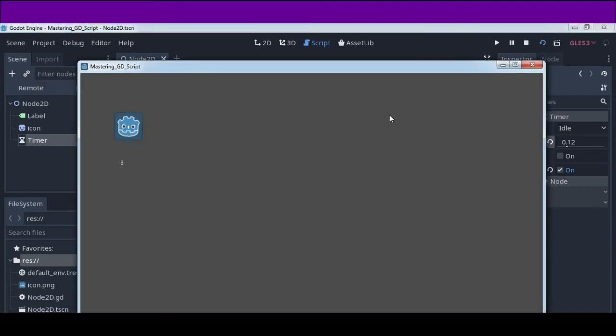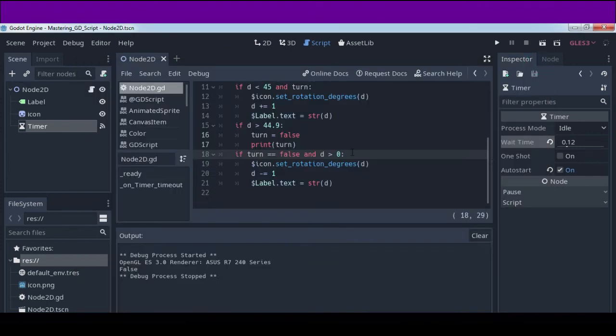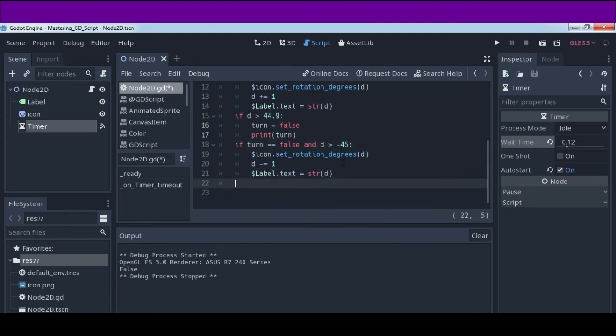Okay, again. One side, other side. Good. Now we have movement to the other side till this value. It's not bad. We will say like this, and we will have rotation to the other side, and then we can put some other if to say if d is